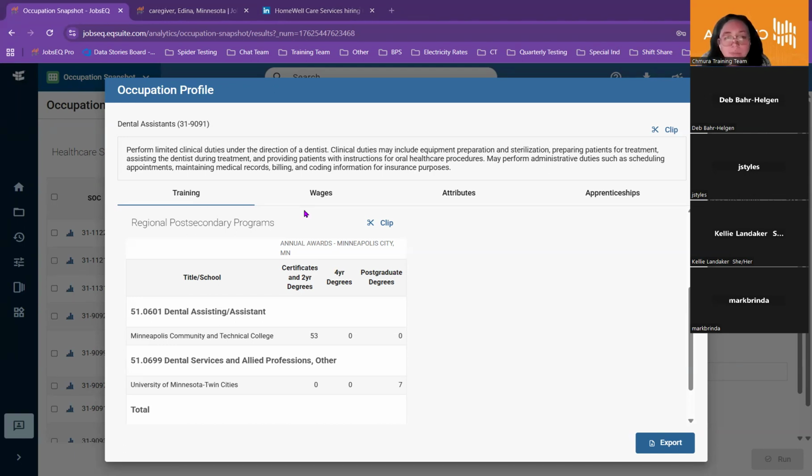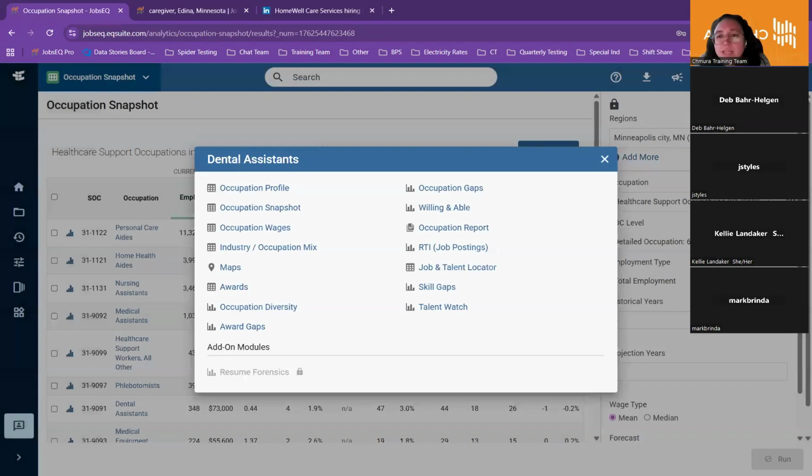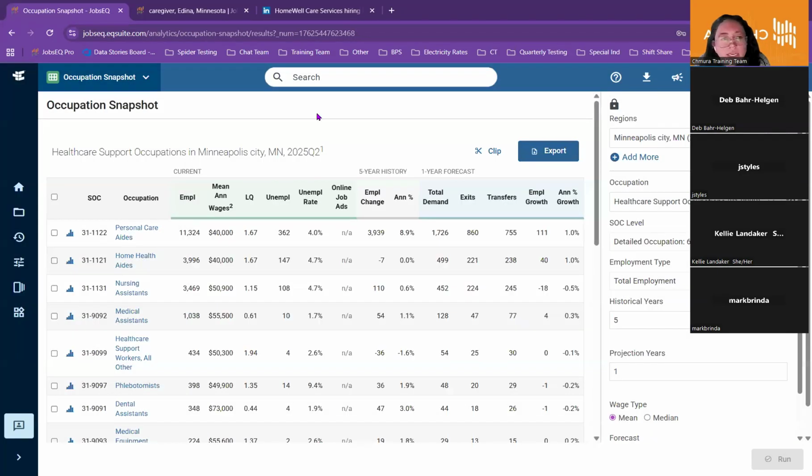Oh yeah, and then yep, we'll talk about that in just a minute, Nate, about the data sources there. Yes, so that's occupation profile. And then I'm gonna run back here. Nate asked about the data sources that are used to determine the occupational projections and categories of those exits and transfers and such. So I'm gonna run to the help page just so that I can point at some things